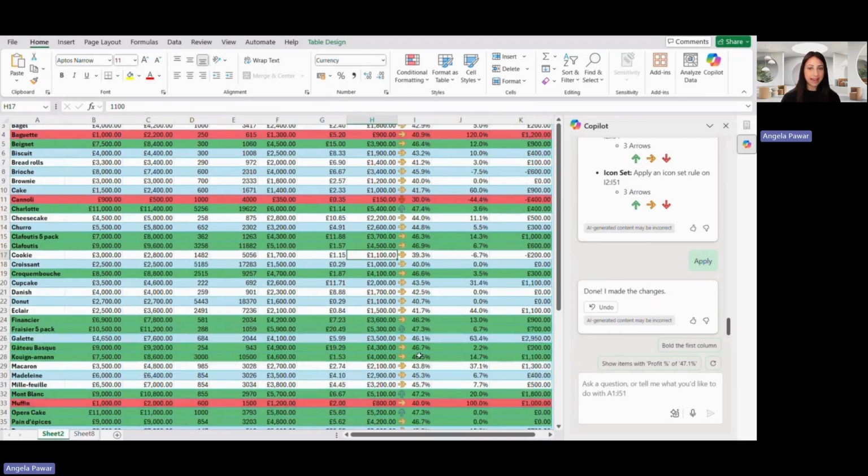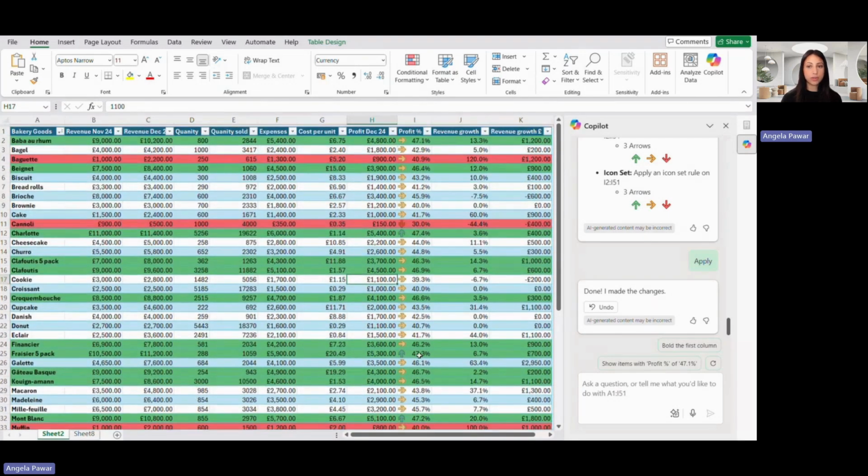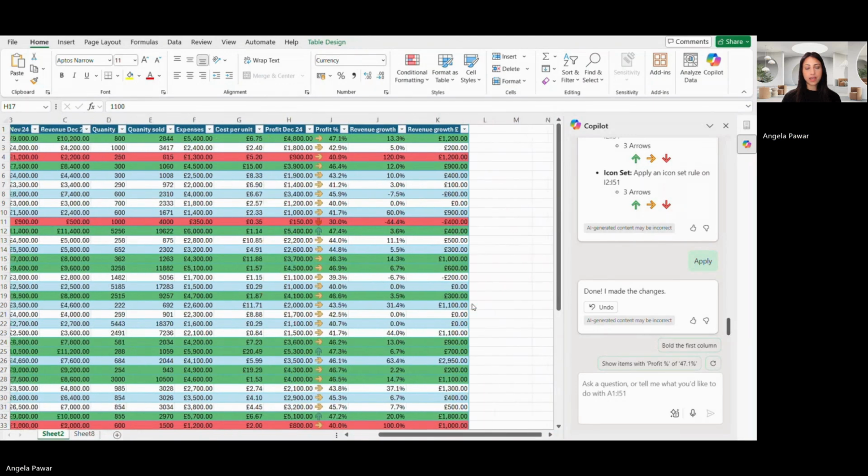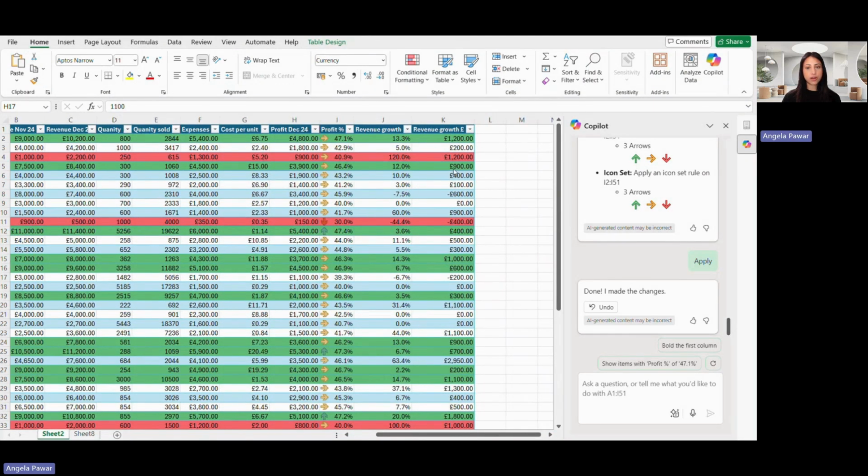Now, if we move back to the last couple of columns, which is revenue growth, hopefully you can see a couple of minus figures on the last column, which means it's dropped between both months, November and December. And I'm not going to manipulate the last column because there's already a couple of conditional formattings going on. So what I'm going to do is ask Copilot to create me another column and state